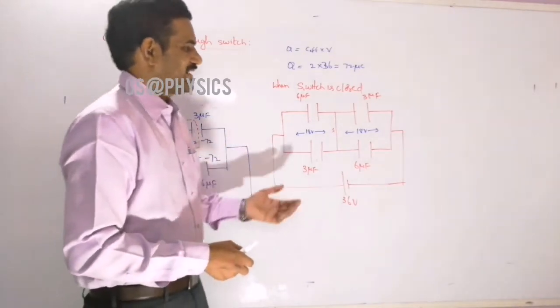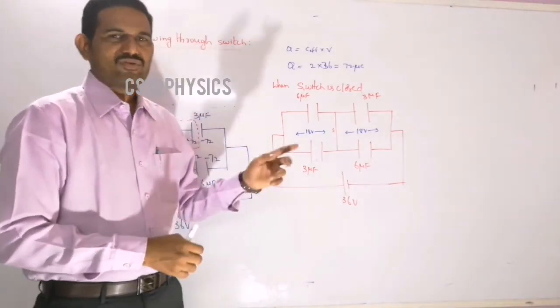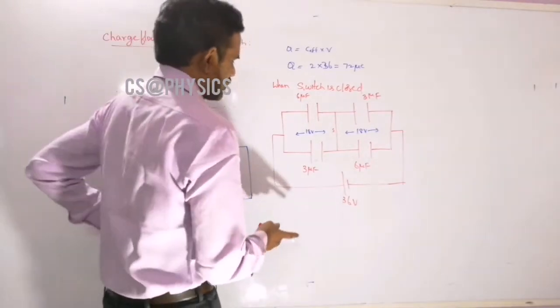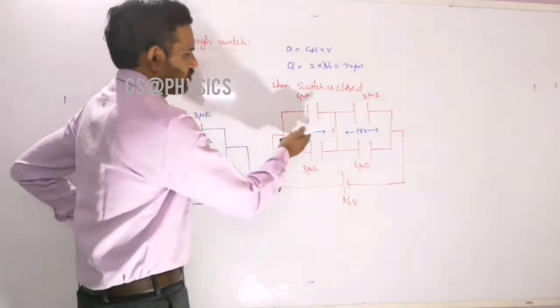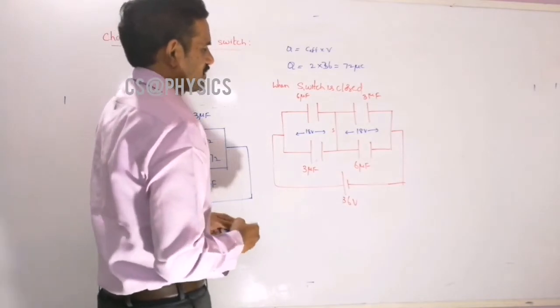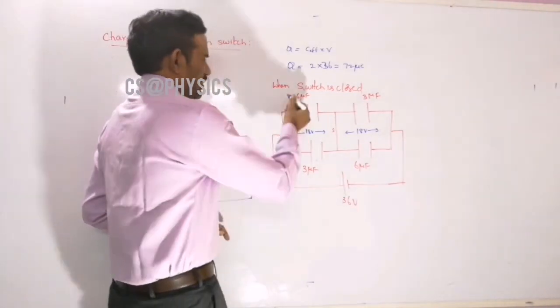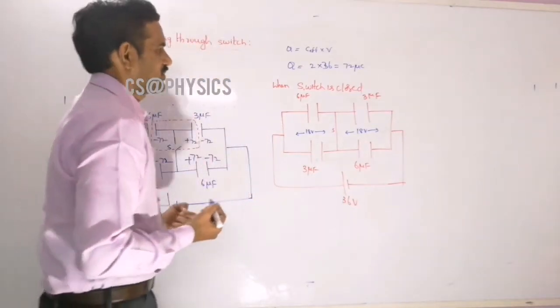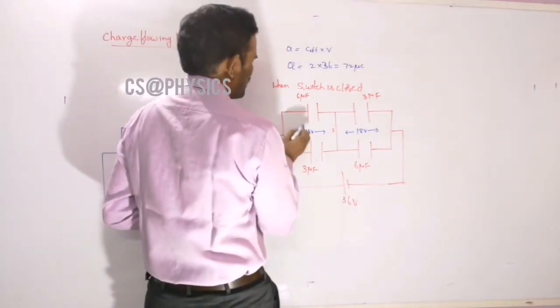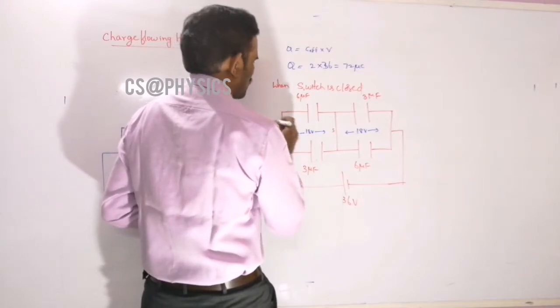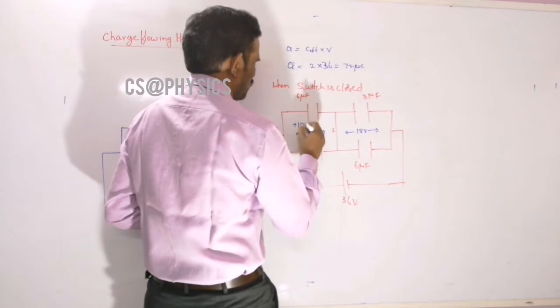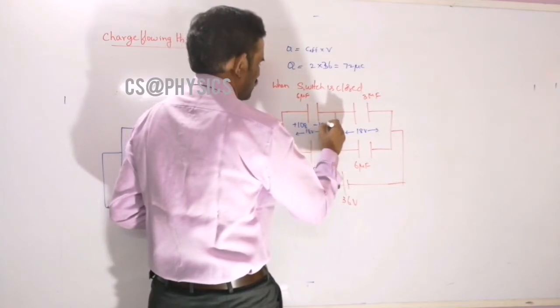And so now again let us calculate the charge on each capacitor here. Once this potential difference is known to us, then we can write the charge on each capacitor here. And so this is 6 into, that means Q is equal to CV formula. So then it is 18 into 6. So 18 into 6 is 108, right? So this is plus 108 microcoulombs. This is minus 108.